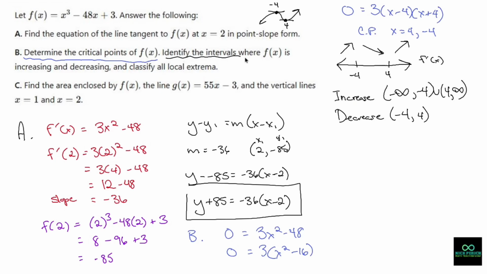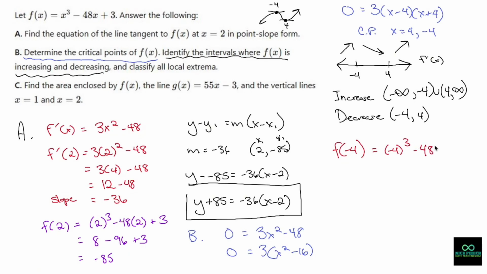So still not done the problem yet, because now I need to classify all local extrema. So what I'm going to do is not only just say, oh, okay, well, local extrema is we have a maximum at negative 4 and a minimum at 4. I'm going to find out what those points are. So my maximum exists at negative 4. So that means we're going to plug in negative 4 into the original function to get us the exact point where this happens. So that's going to happen at negative 4 cubed